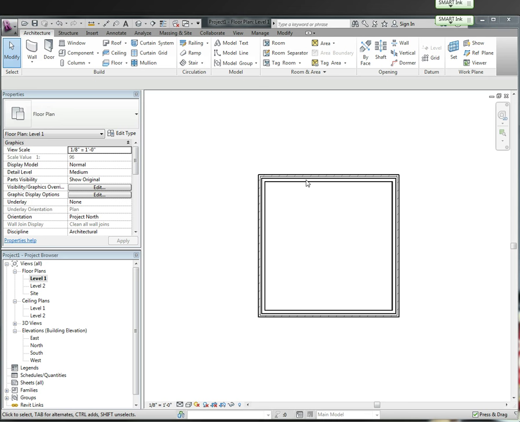One other thing I want to talk about too is after I drew these walls, I didn't talk about how I drew them in clockwise rotation. So if I click